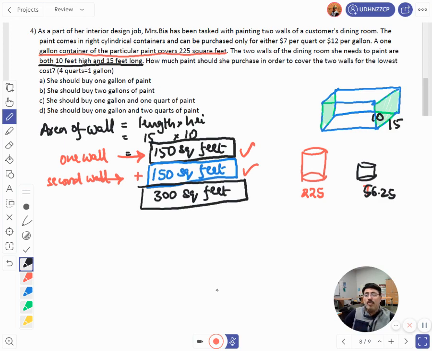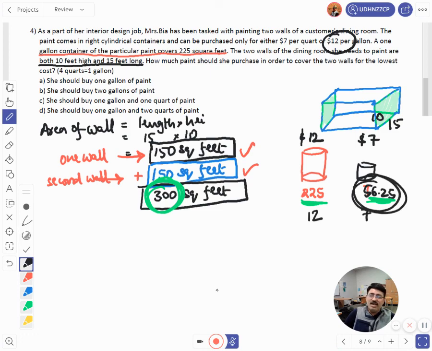Now, what will be your choice? Obviously, we have to take a 1 gallon, because the bigger one is at lower price. This is costing $12, and this one is costing $7. So, how do you purchase? Please remember, we have to cover 300 square feet. 1 gallon is not sufficient. 1 gallon and 1 quart is also not sufficient. So, do you buy 1 gallon and 2 quarts? In such case, 1 gallon is costing $12, and 2 quarts means, if you take one,